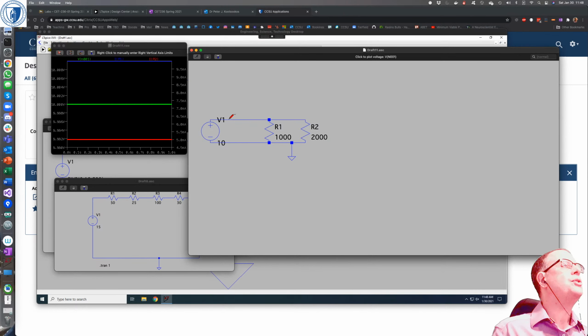Yeah, so Jacob, in order to simulate, you need to hit that run button, and the .tran 1 is needed to tell it to start up. It's the most basic parameter you can put in order to get it to run effectively. If I didn't have that in there, it'd complain about it.